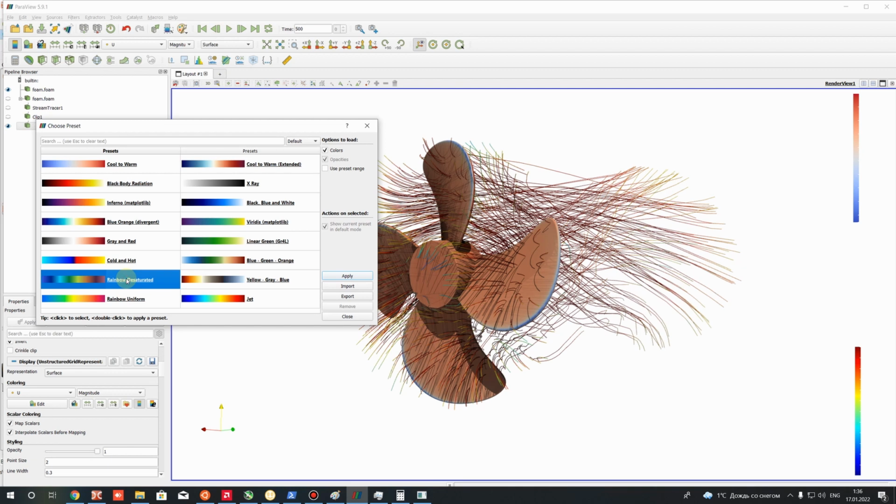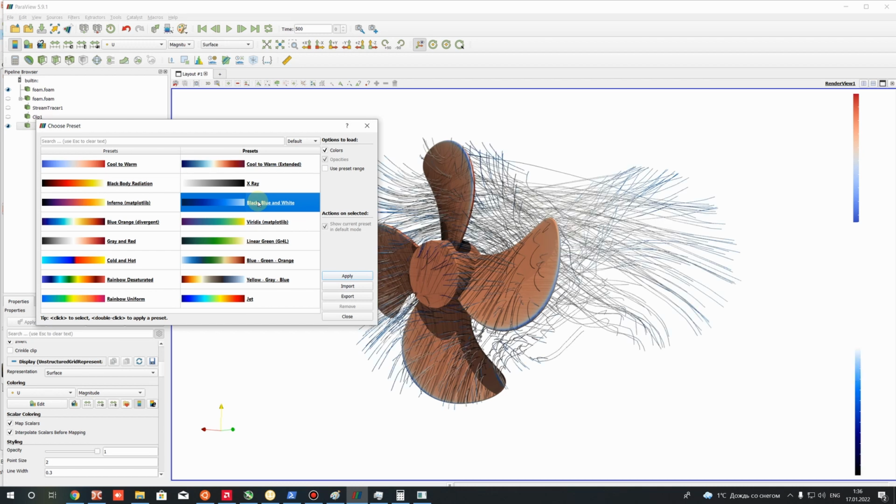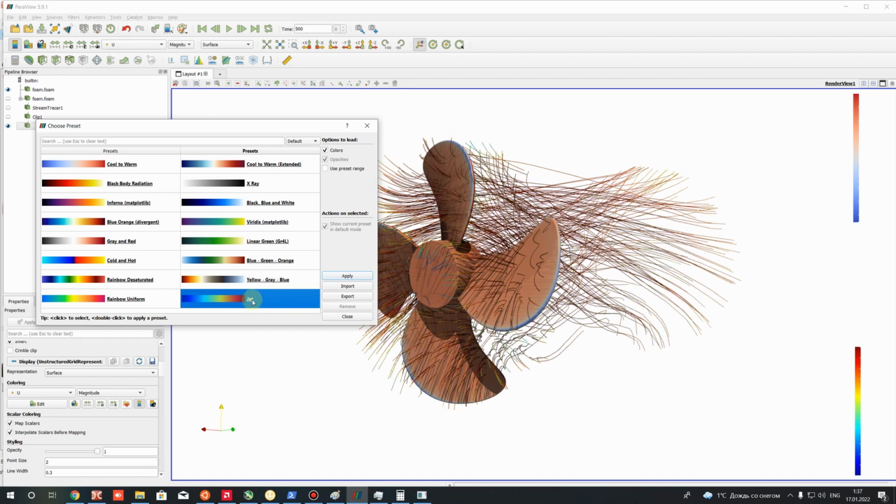Change it here also. For example, it will be X-ray, this or this. Let's set some default, jet,